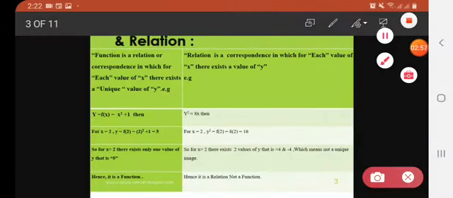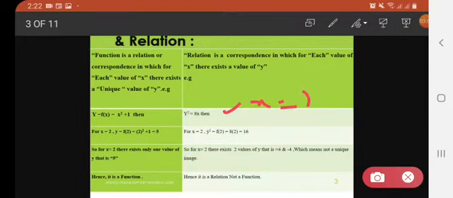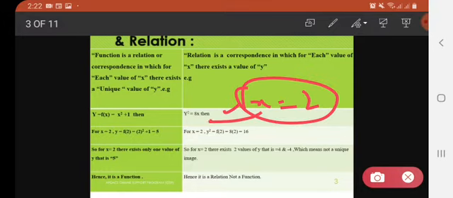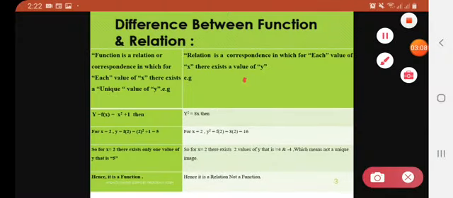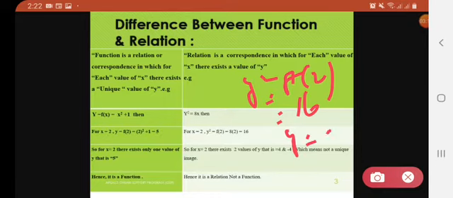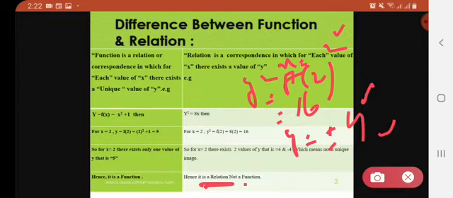What does it mean? If I have the function y square is equal to 8x and I give the value of x as 2, then what would y square be? Y square would be 8 into 2, which means it is 16. So y would be plus minus 4. Now you can see for x is equal to 2 we got the answers plus 4 and minus 4. So it means एक तो आंसर नहीं है इसका, इसके तो 2 आंसर्स हैं, which means plus 4 and minus 4. So this is not unique. It is a relation but not a function, right?